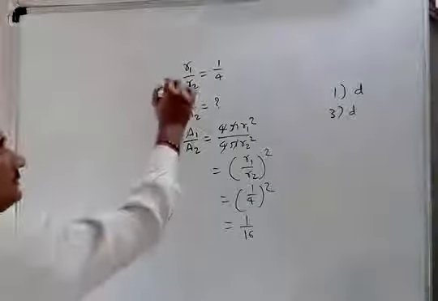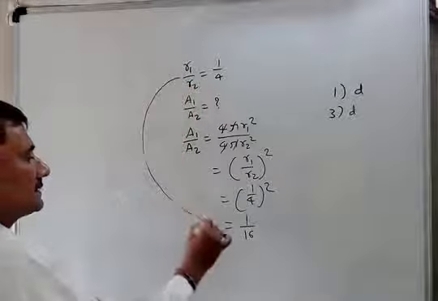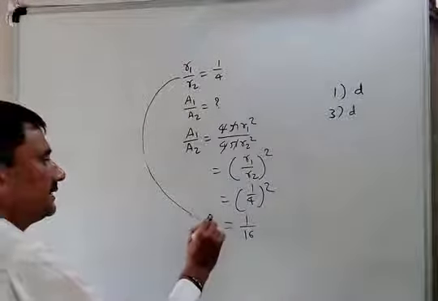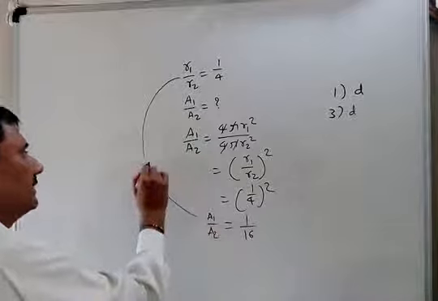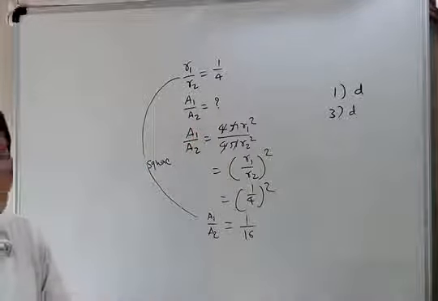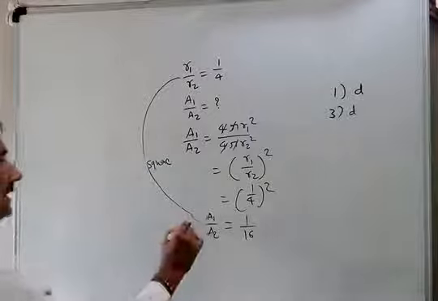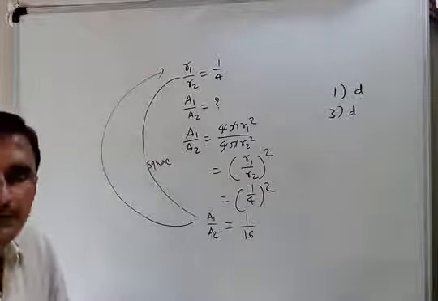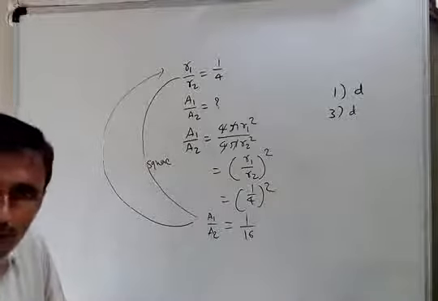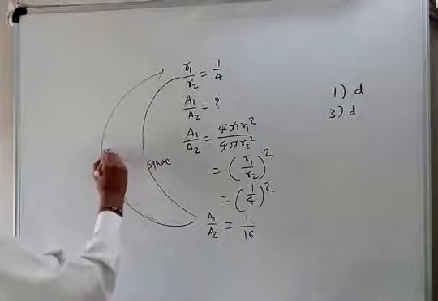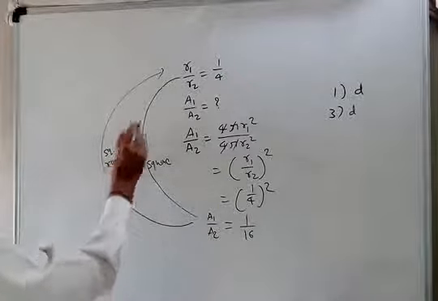Otherwise, you can get the direct answer also. If radius to area is asked, then make the square. Why? Because in the formula square is there. Sometimes they can ask in reverse order also. Suppose the ratio of area is given and they want to find the ratio of radius, then you can take the square root also. So here, square root. Just remember that way also.